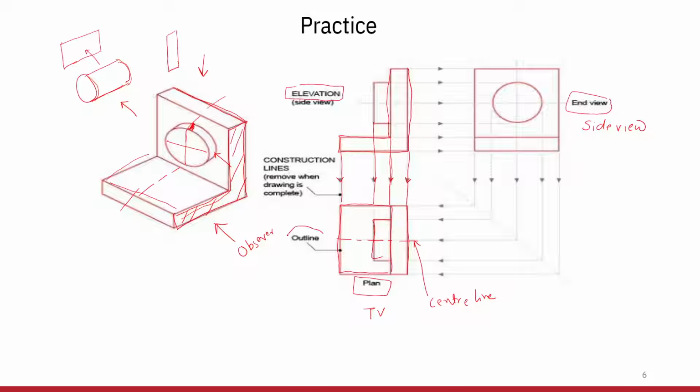Now you can see that this is the portion which is outside of the part. That's why it is called an outline, right? And all these lines are called construction lines. So we can remove these construction lines if they are disturbing the other views. Otherwise we can retain them. And one thing to remember: whenever we draw these construction lines in AutoCAD,